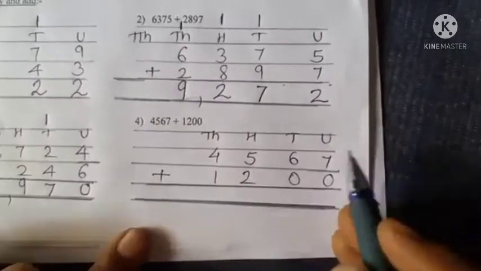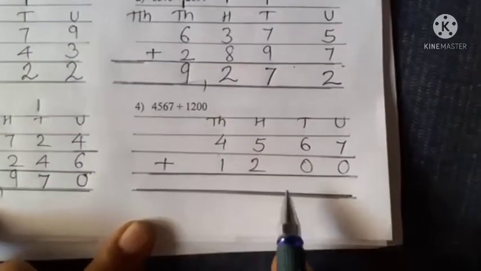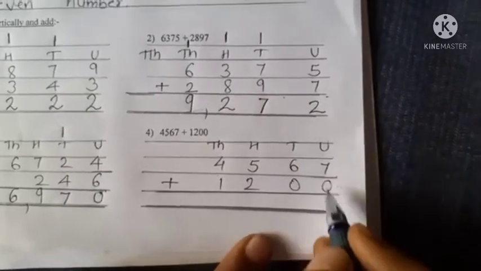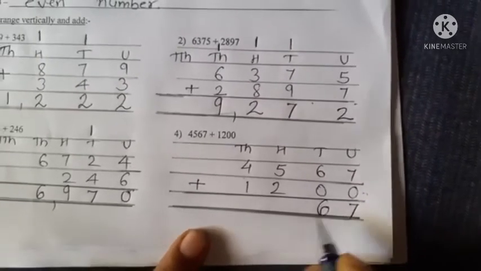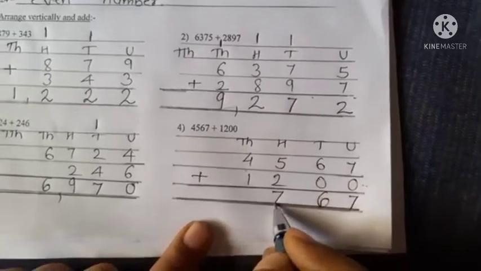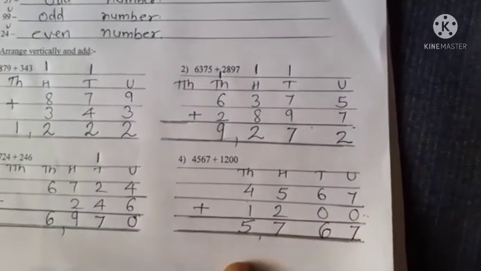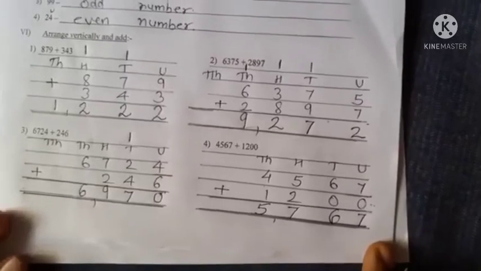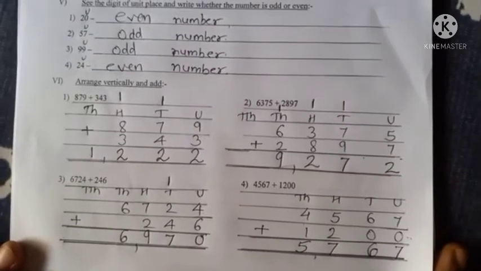Yes, students, now we'll do the last fourth addition. The number is 4567 plus 1200. Okay, so we'll start from unit side. 7 plus 0 is 7. 6 plus 0 is 6. Then 5 plus 2 is 7. And 4 plus 1 is 5. Okay, so the final answer is 5767. So students, it's clear how to do, and you have to do with a blue gel pen, very neat